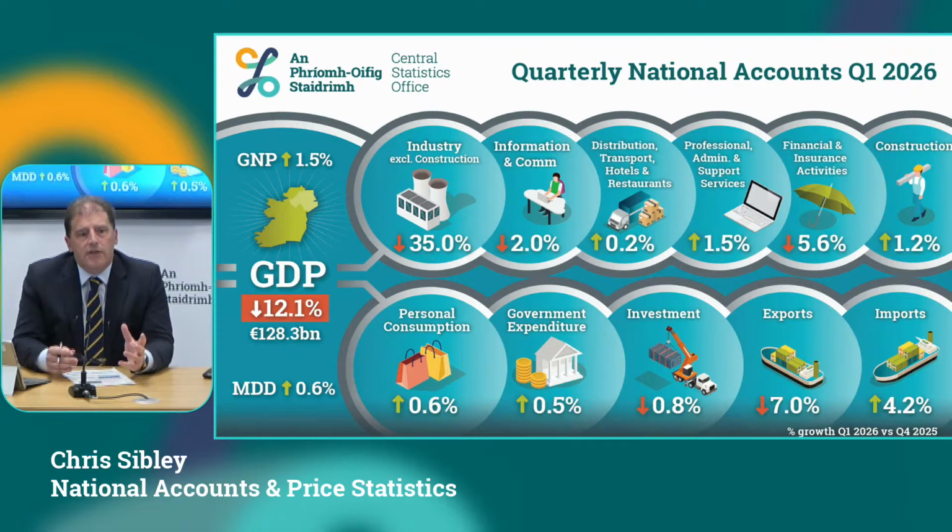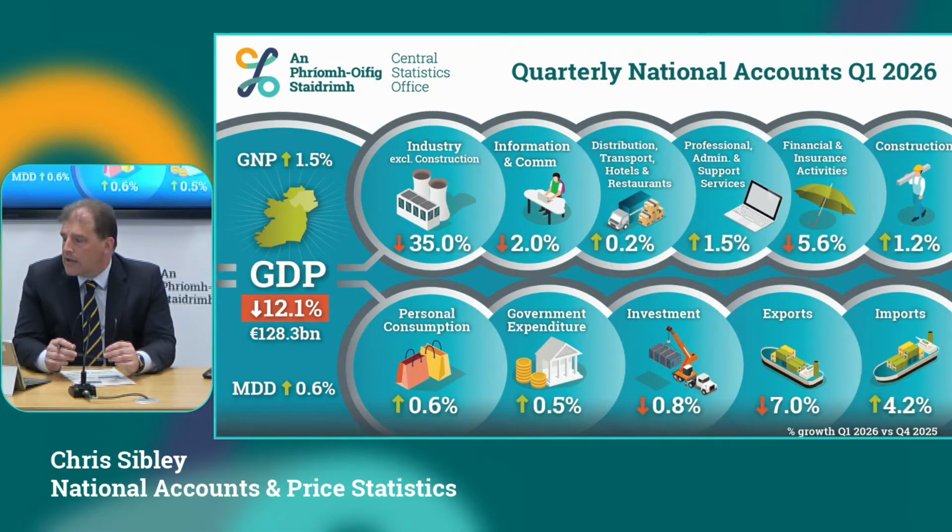The big factor affecting GDP is the unwinding of the growth we saw last year in the pharmaceutical sector. So it's the globalization element to that rather than the cross-border element that you would have seen in monthly data. It's the globalization adjustments to the cross-border trade that give us this fall in industry and GDP in the quarter. We'll explain that in the next couple of slides. But you'll also see that the other side, the domestic driven side of the economy, has small positive growth. So they're the two stories we're going to try and explain to you today in the slides.